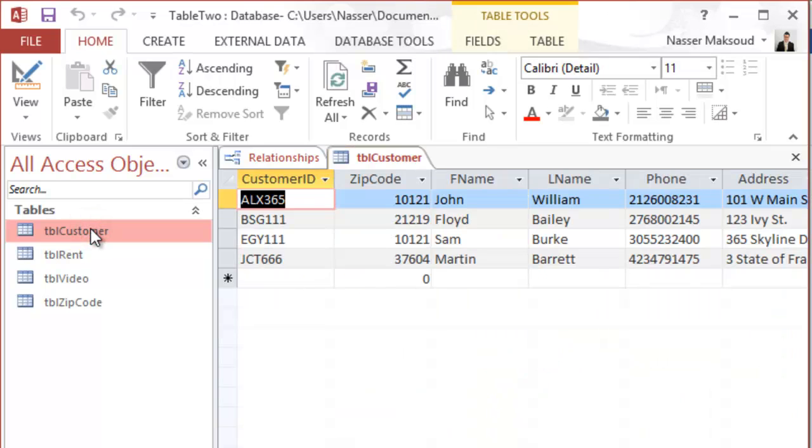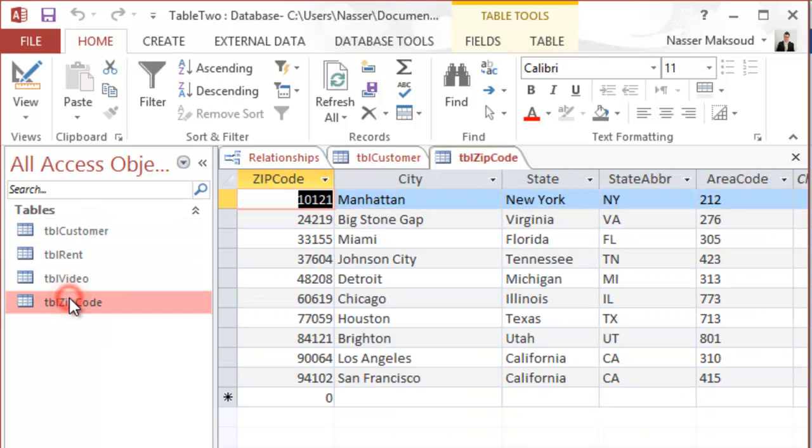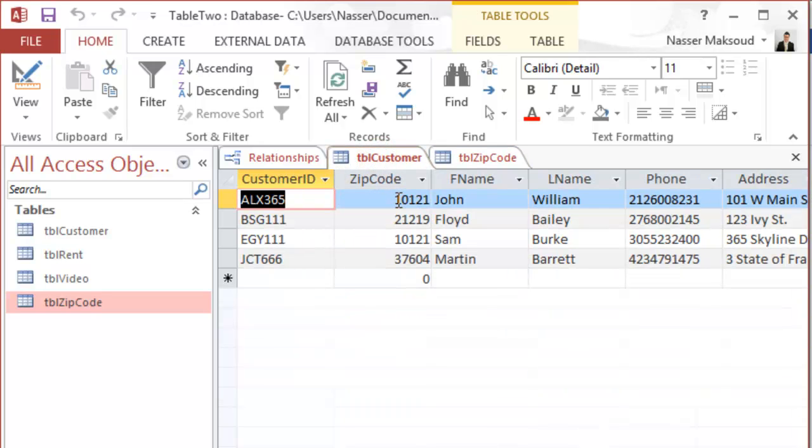and then open the table customer and open the table zip code, and then I will look at the zip codes I have for the table customer. Make sure that any zip code that you have in here matches the zip code that you have in table zip code. But look at the phone number. Area code is 212, so area code 212 should match the zip code that relates to this area code. So basically the zip code that you enter here should match the area code that you see in the phone number. So go back to table zip code